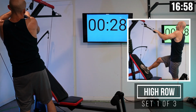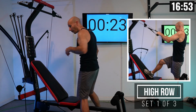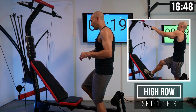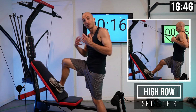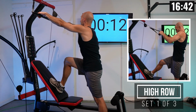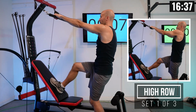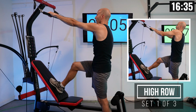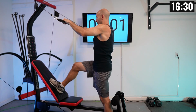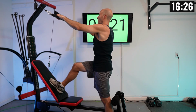Next thing we're gonna move into is gonna be the high row. For this, I'm gonna leave my bench at this angled position, and I'm gonna put one foot firmly up on the bench, and you need to do this for leverage. Then I'm gonna grab this handle, and go a little bit inwards, so it's not at the widest position, a little bit wider than shoulder width apart. And I'm just gonna then pull this bar back to my body. You can be doing the same thing with the handles here. As you're pulling back, I want you